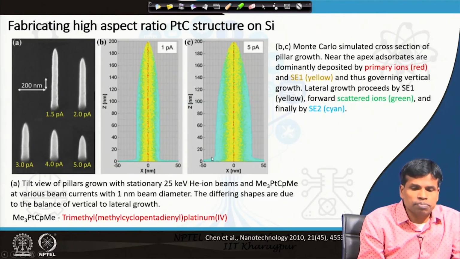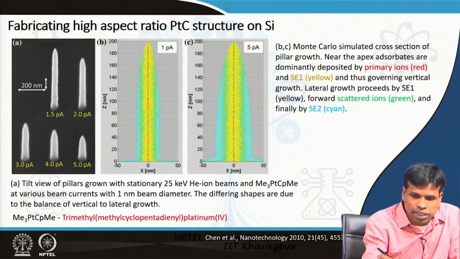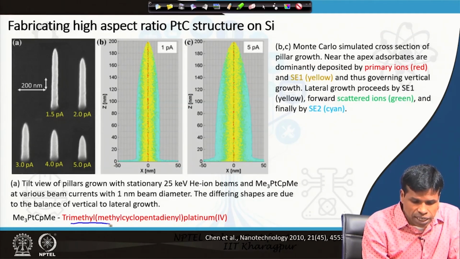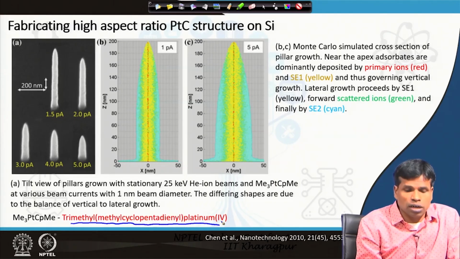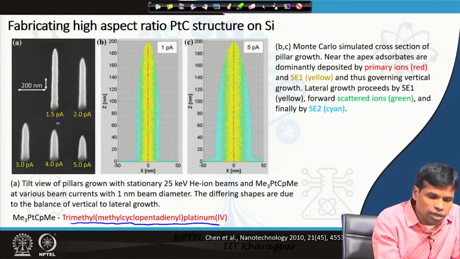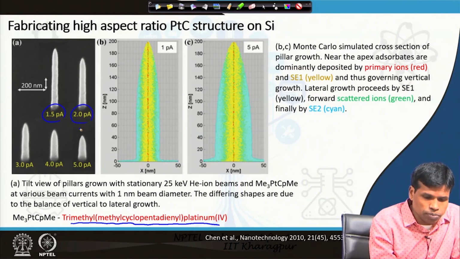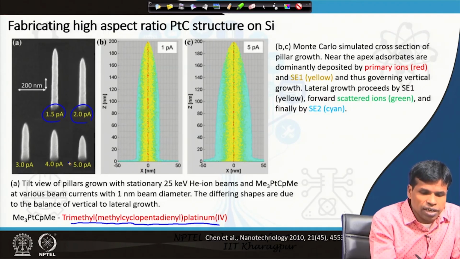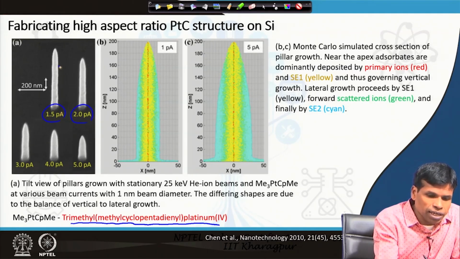One can create 3D structures as you see here. This is done by taking a precursor called trimethyl methyl cyclopentadienyl platinum. The precursor is introduced onto the specimen, then the ion beam falls. Ion beams of different currents, as you see, 1.5 picoampere, 2 picoampere, are taken. As you see here, at a lower beam current or probe current, we can have a much sharper tip and much narrower